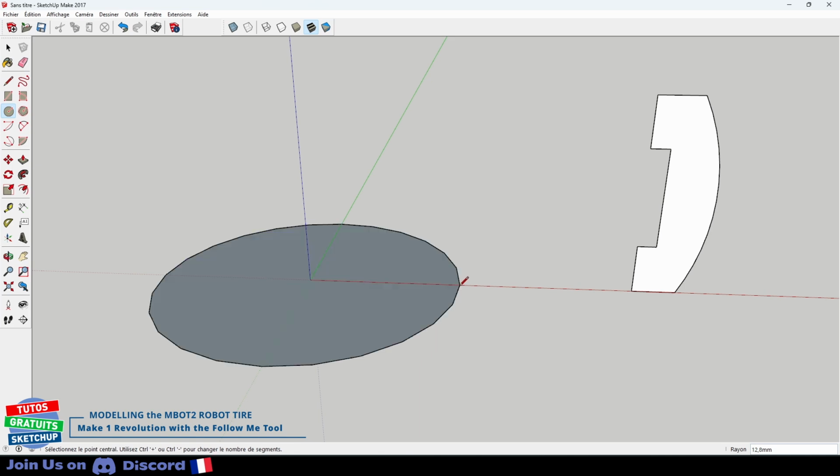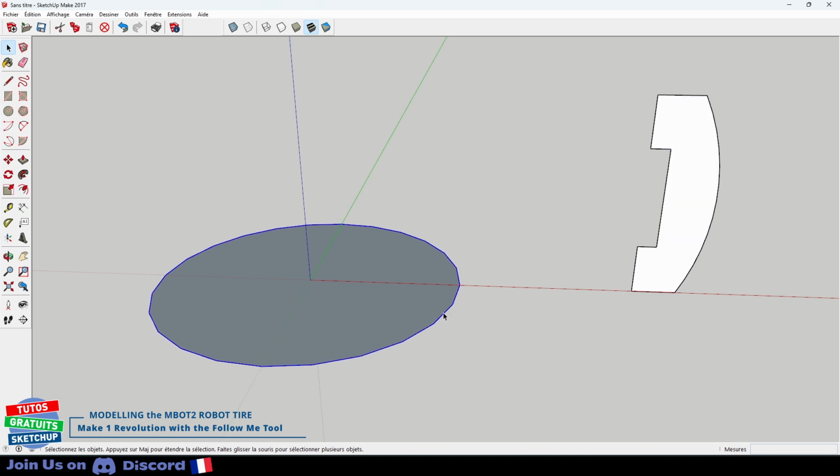You will notice that the circle is not really a circle. It's a series of segments. We can see them clearly here. The problem is that when I do my rotation, my profile here will revolve around everything. We will see the segments clearly, so what I need to do is increase the number here. The default in SketchUp is 24.